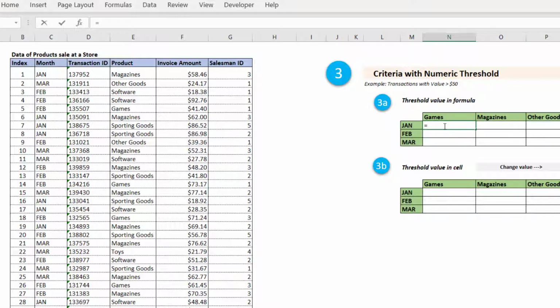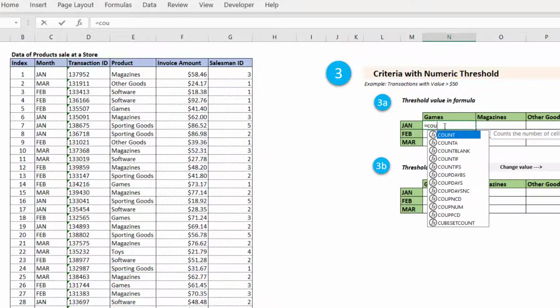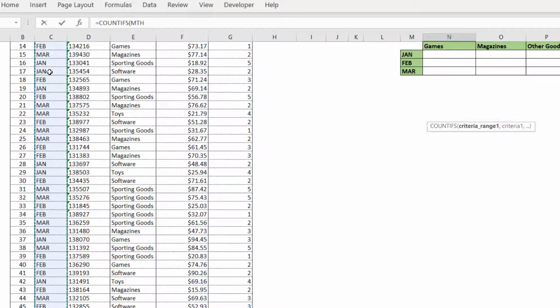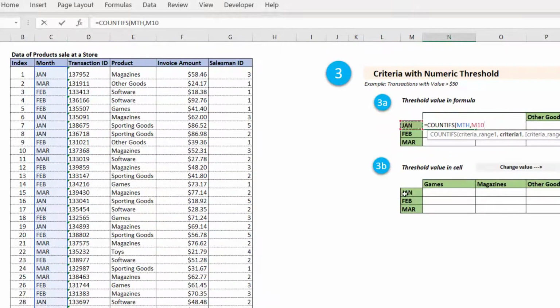So since there are multiple criteria which are involved, I will make use of the COUNTIFs variant. And similar to the previous example, I will first select the ranges, then the criteria. I will also freeze the column component of this cell.